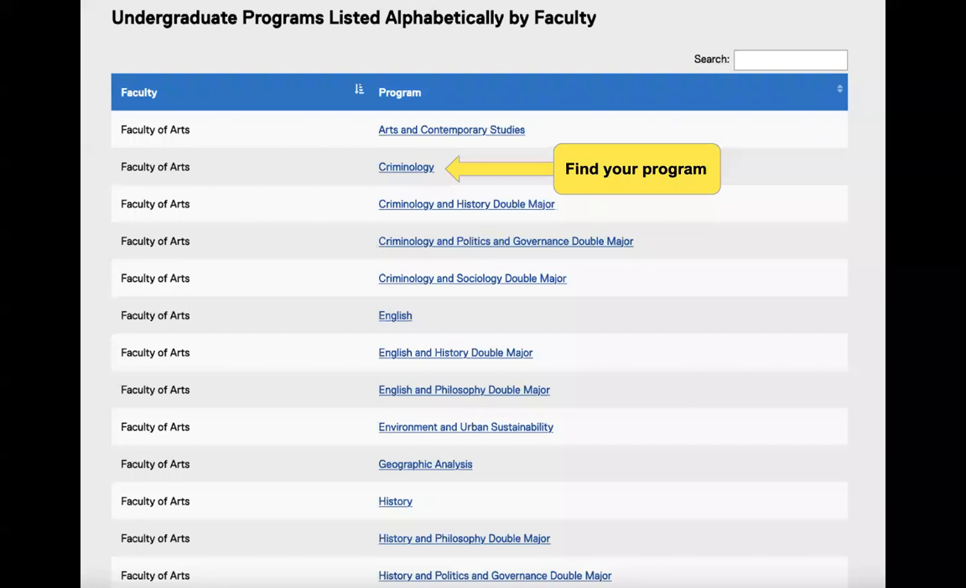And you would go into the list. And when you click on it, this is what you'll see. You can click on the program that you are in or you're interested in. So I'm in criminology, for example. I'll click on criminology. These are actually sorted by the faculties as well. So once I click criminology,